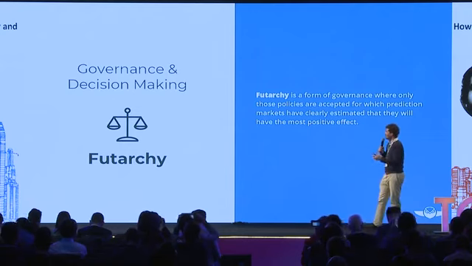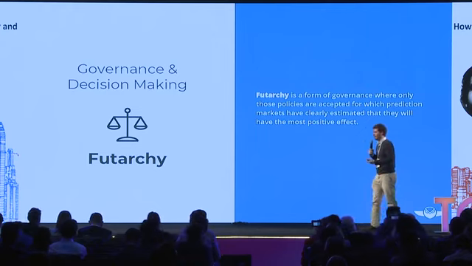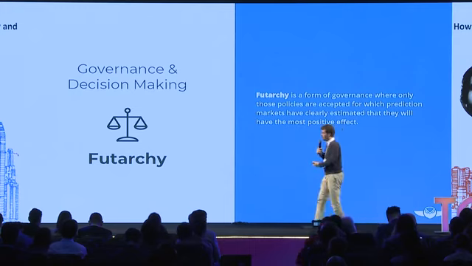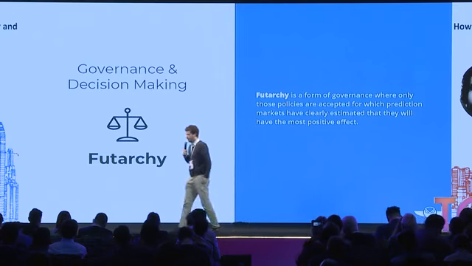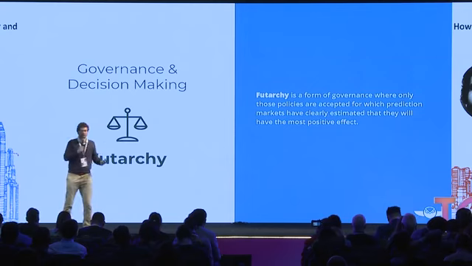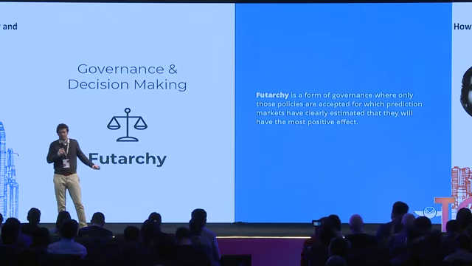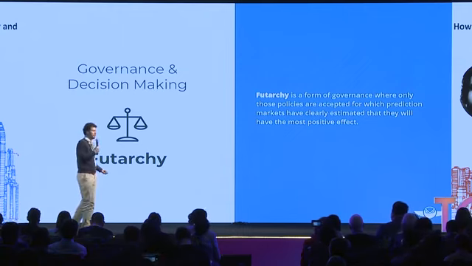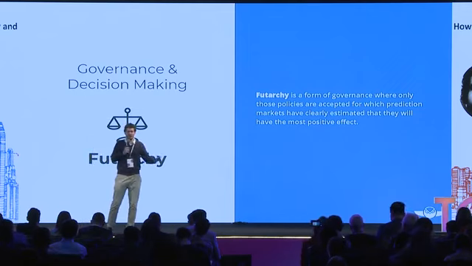You can use those mechanisms to actually make the decision in what direction to go. The concept is called futarchy and was invented by Robin Hanson, who's also an advisor to us. And it is about using prediction markets to actually make the decisions and to make, well, in a way, decentralized decisions. So with decision making, you usually have the problem that either you have a limited set of participants that can make a decision,